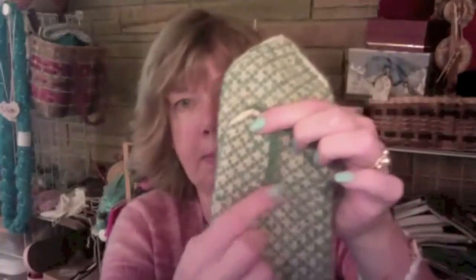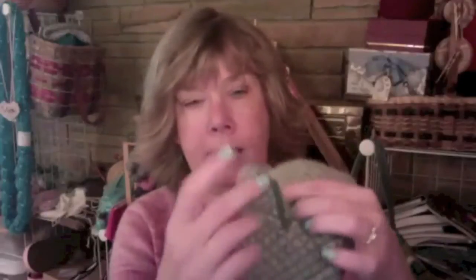I did the thumb just like you put the thumb stitches on scrap yarn and then pick them up, and then work the thumb in the round, and the thumb is increased or decreased just like the top of the mitten. And I like the length that they turned out and the size that they turned out